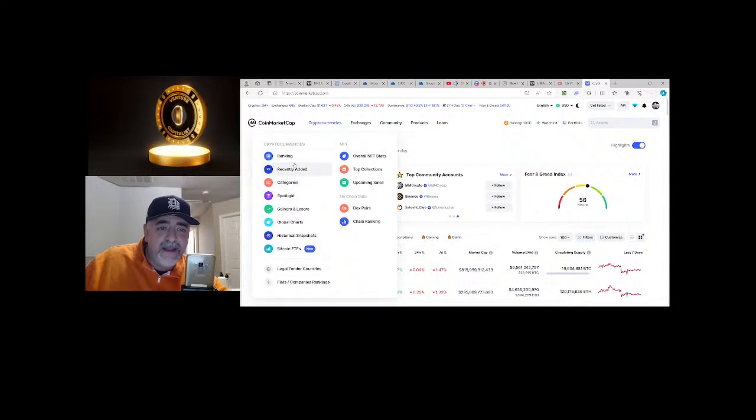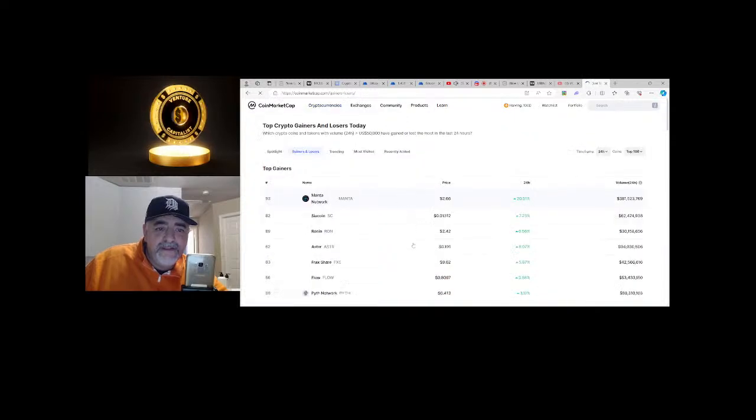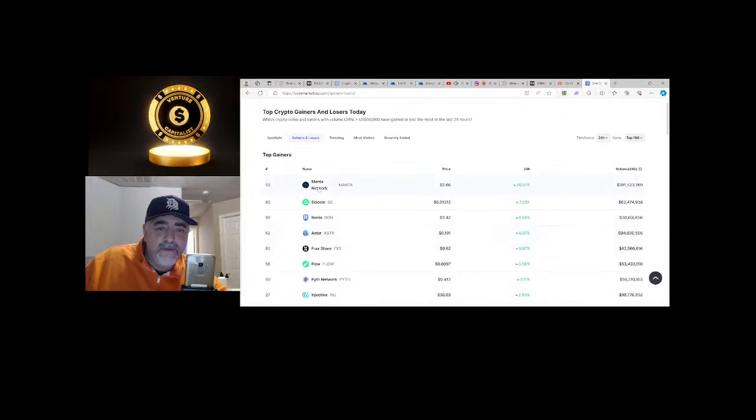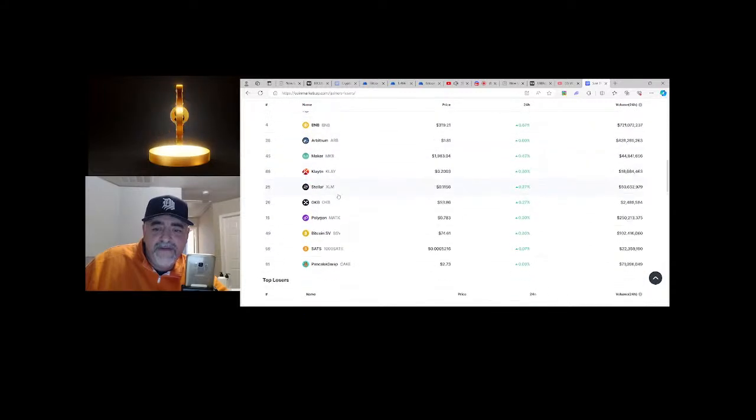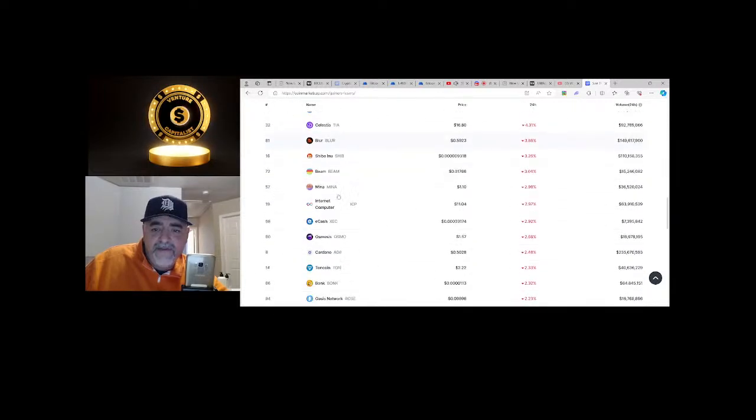Let's go take a look at gainers and losers real quick, just to get an idea. This thing is crushing it right here. 20% today. I thought it did 20% the other day. Take a look at the negatives, right? So negative wise,